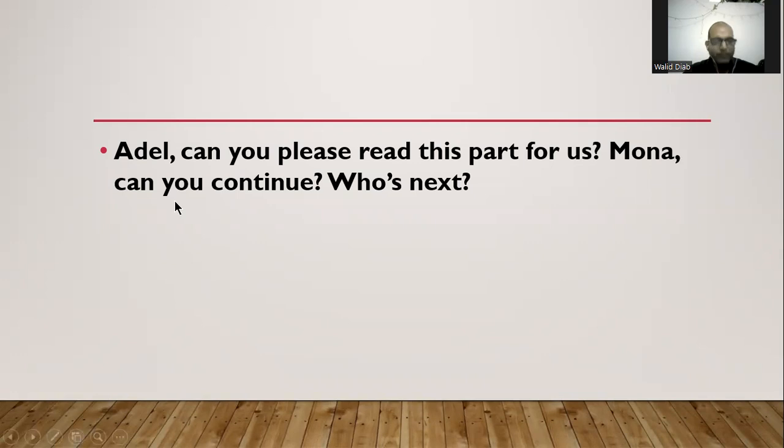As for English, when you write it like this, I wrote Adil and then a comma, and then I continue. Can you please read this part for me or for us? So when you call someone, in writing, you have to add a comma here. So Adil and then comma. When I read it, I will understand that you are calling this person. He is not the one who can. He is not the subject of the verb.